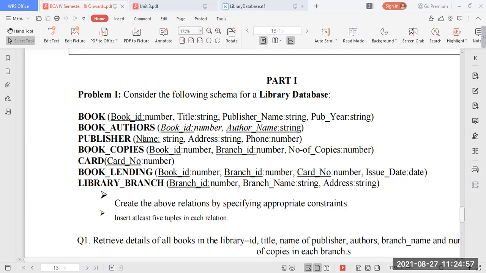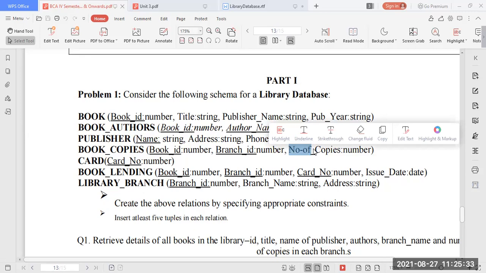Okay. Coming to the next table, book copies. Inside the book copies table, book ID, whose data type is number. Again, it is going to be a foreign key referring to the book table here. Then branch ID, yes, branch ID is also a foreign key, but we have not created the library branch table here. Branch ID, for that we have not mentioned it as a primary key. So for that purpose also you have to create the library branch table here. Okay. And then the number of copies you have to mention for each branch.